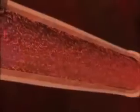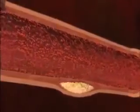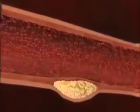In healthy coronary arteries, the blood flows without obstruction. In diseased coronary arteries, a fatty substance called plaque forms in the artery walls, and as the disease advances, may